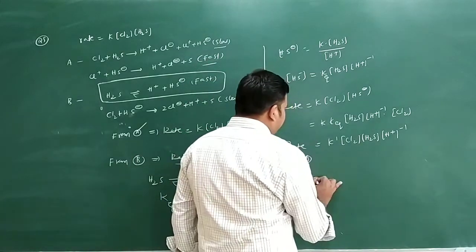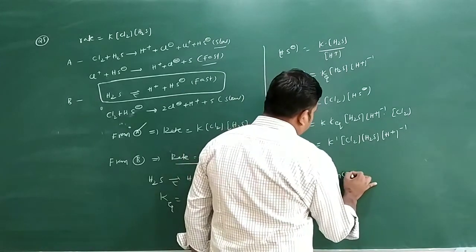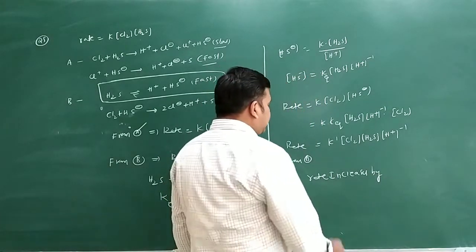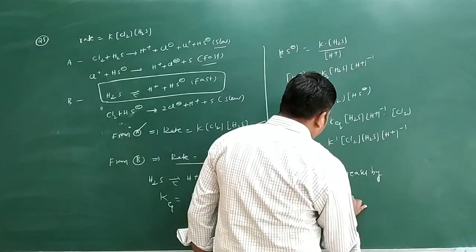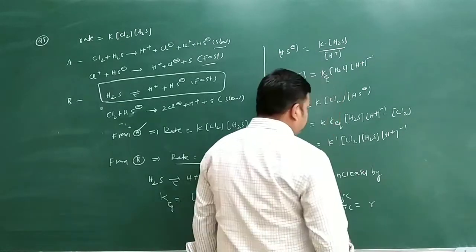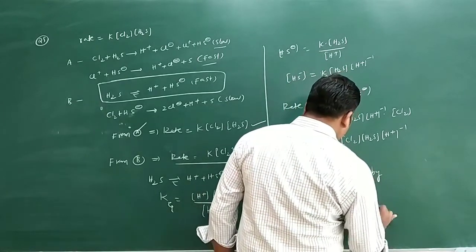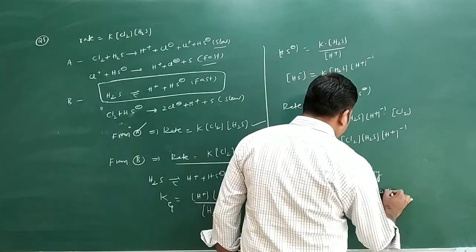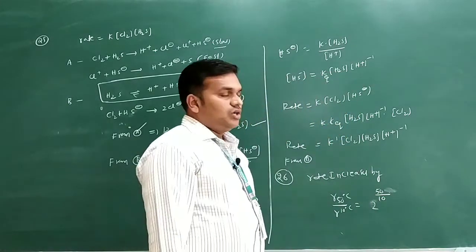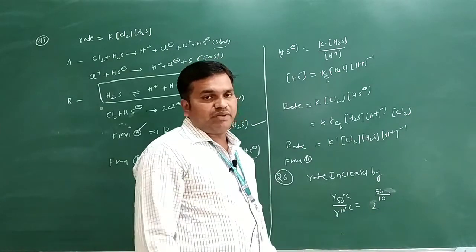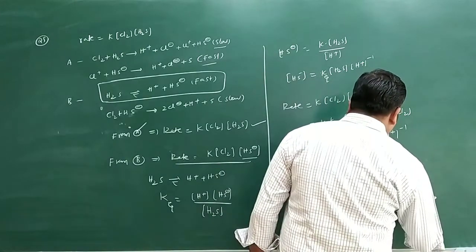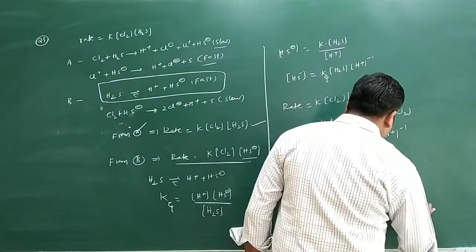So here, the rate increases by how many times? I am writing here: rate at 50 degrees Celsius by rate at 10 degrees Celsius is equal to, this is a double only, so 2 power (50 minus 10), or you can take 50 by 10. Final temperature is 50, initial temperature is 10, the rate becomes how many times? 2 times. So from this I will write 2 power 5, since the zeros cancel. What will you get? 2 power 5.